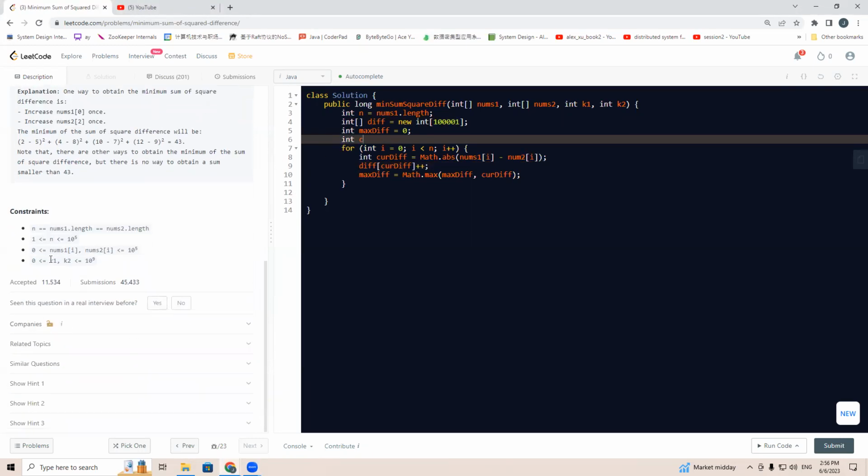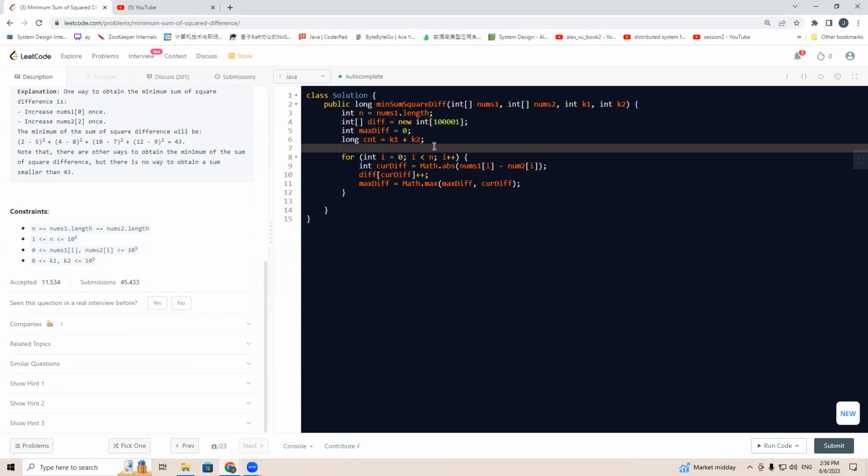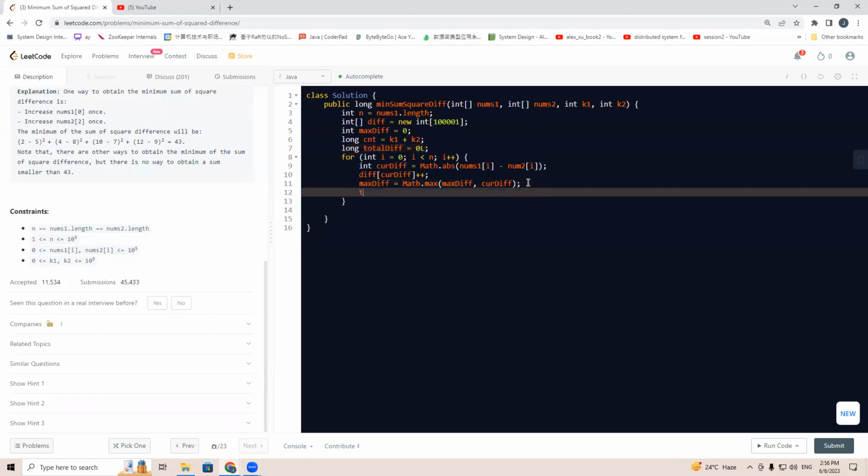Let's use long because K1 and K2 may both be 10 to the power 9, right? So let's have long count. That means that is the total operations that we can use, that's K1 plus K2, right? So we can also have a long total diff equals 0, okay? So total diff we just add equal to